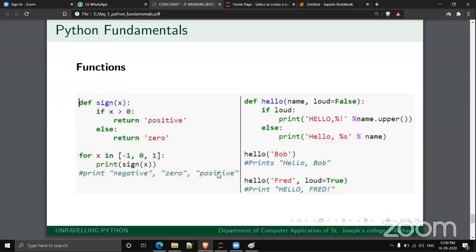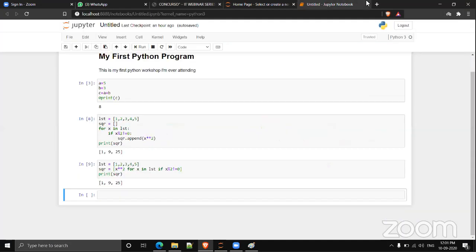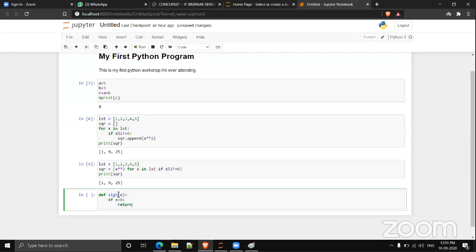Okay, just try it out. Just try it yourself. I will just do the same thing, otherwise you will get confused with that. Def sign of x. Okay, if x greater than 0, return positive.